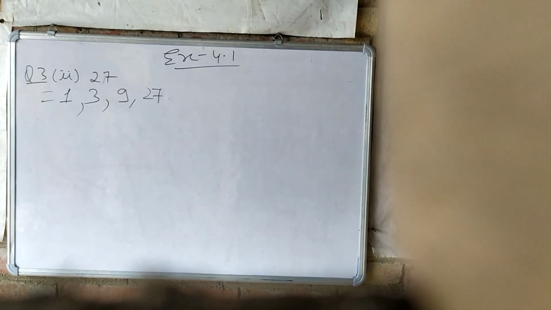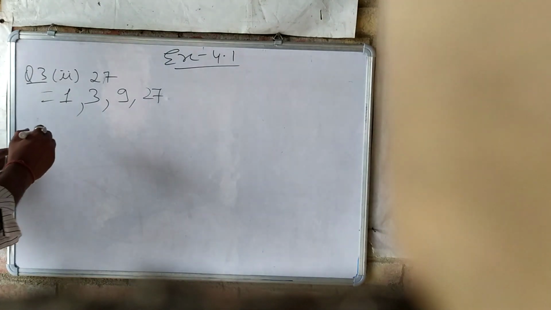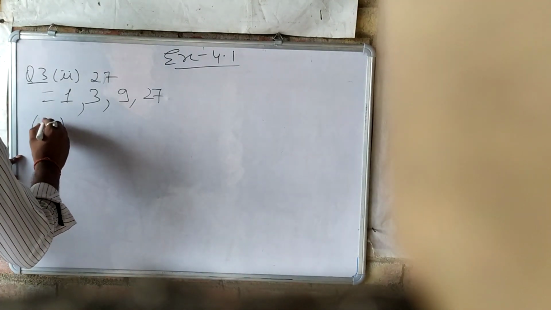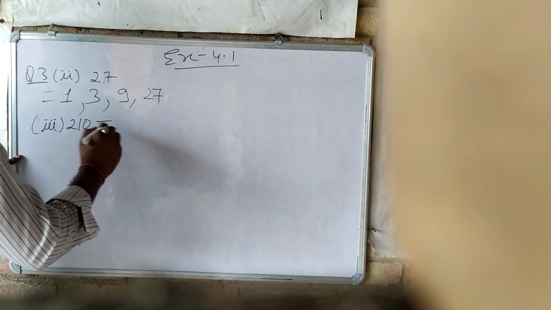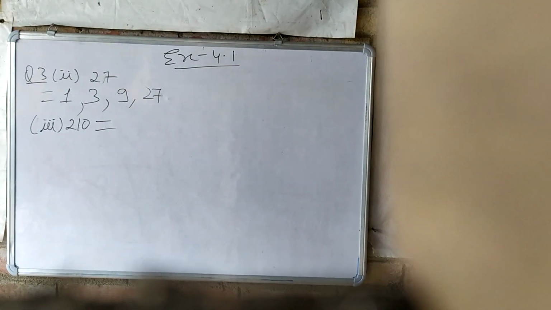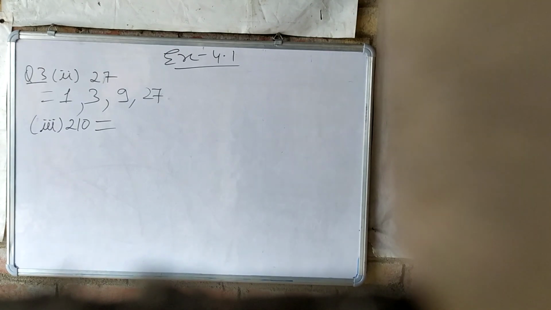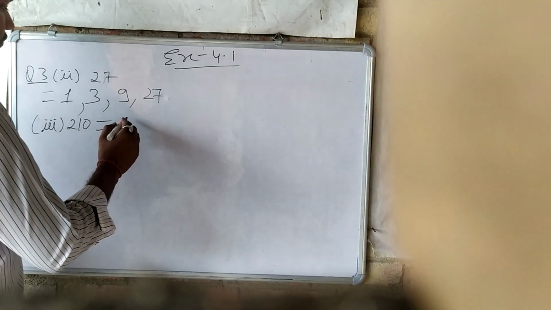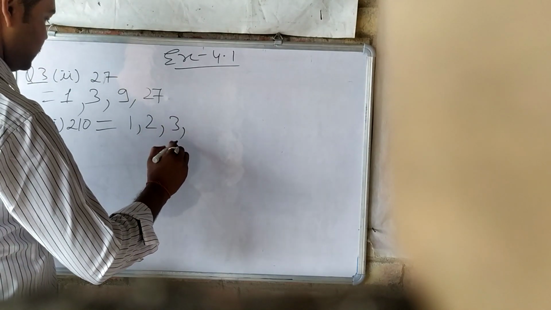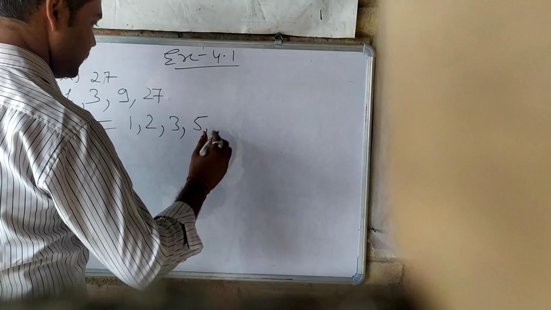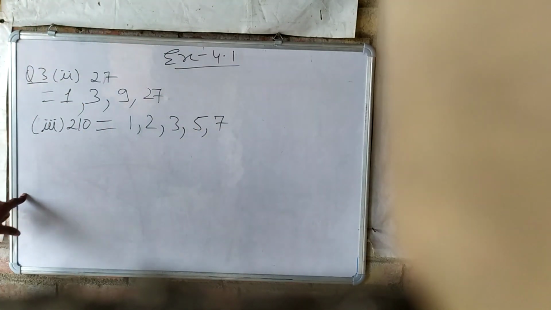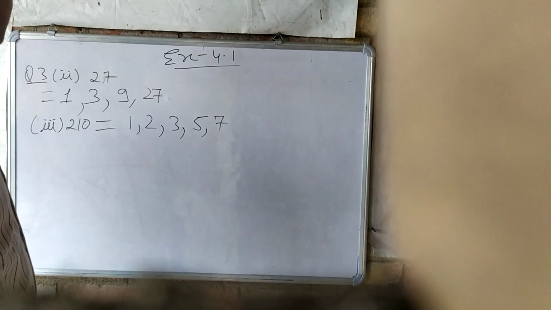Then we will see its third part. We have to write the factors of 210. There may be many factors of 210. So when you do this, you will try to write each and every factor. Right now, whatever comes to our mind, I will write. So 1, 2, 3, 5, then 7, 7 3s are 21, 7, then